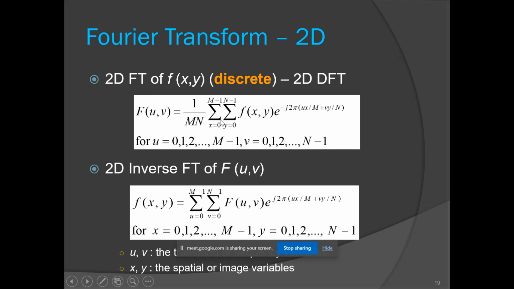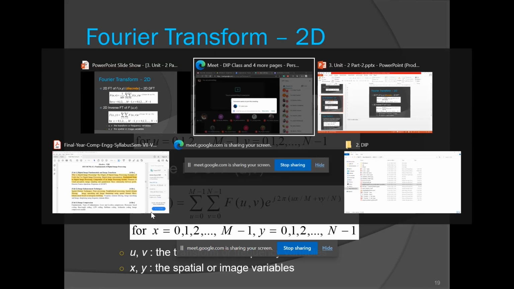So what we usually do is first take a Fourier transform of the image. Our image gets transformed into the frequency domain, so we get low frequency components and high frequency components separately. We work on that transformed image and take an inverse DFT of that transformed image, and we get a processed image back. So that is the working.